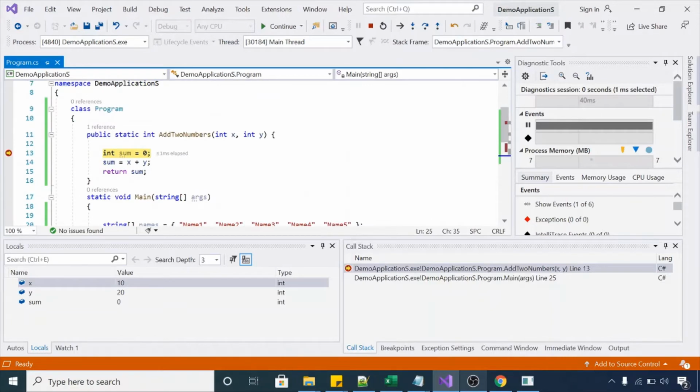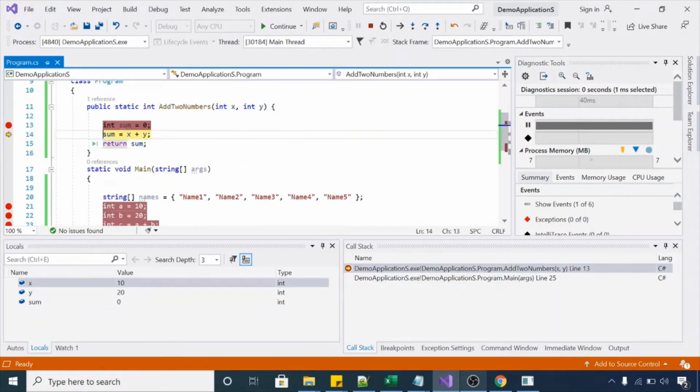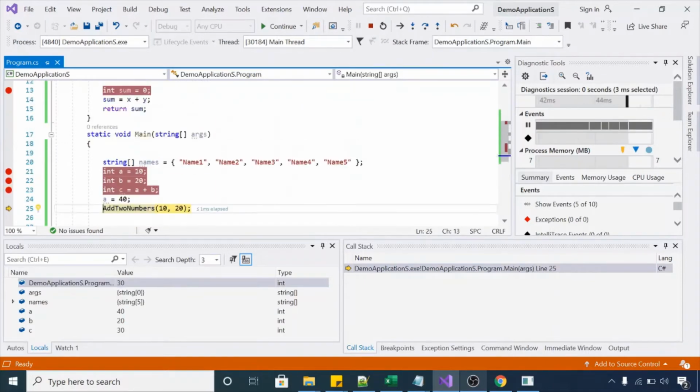Now these variables x, y and sum only exist in memory as long as you are executing this method. Once execution of this method is completed, these variables will be deleted automatically. Let me execute this. Till line number 15 we have these variables x, y, sum. If I press F10, it will move back to the main method.